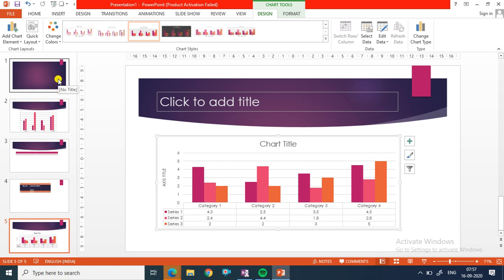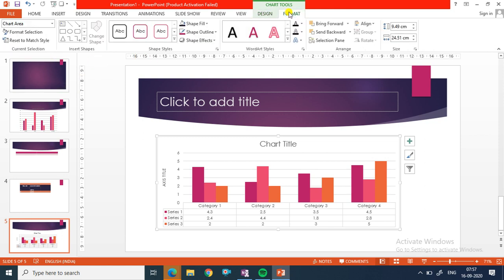Now to modify the chart using the format tab, click on the format tab under chart tools. Use various groups on the format tab such as shape style, word art.